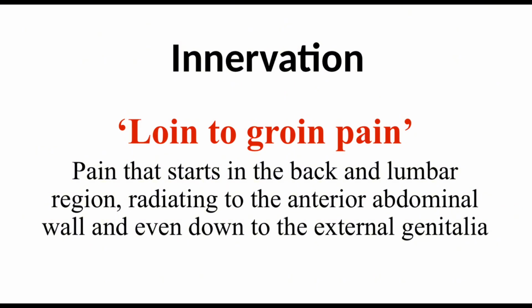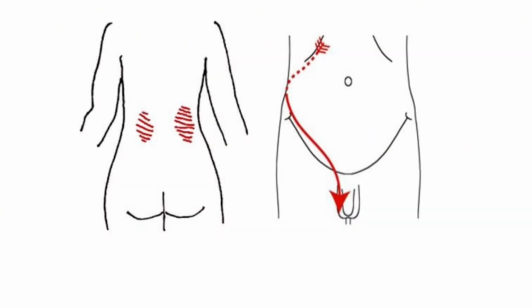Sensory, or afferent, fibers. These carry pain signals, for example from a kidney stone. They travel alongside sympathetic fibers back to T12 to L1, explaining referred pain to the flank and lower back, and also to the groin and genital region following dermatomes. But there's a curious twist. Some afferents might run alongside the vagal fibers, possibly explaining the nausea and vomiting that can accompany renal pain.